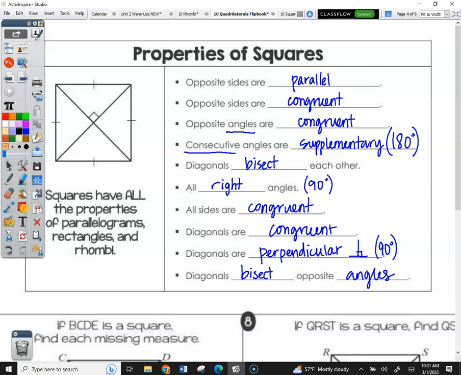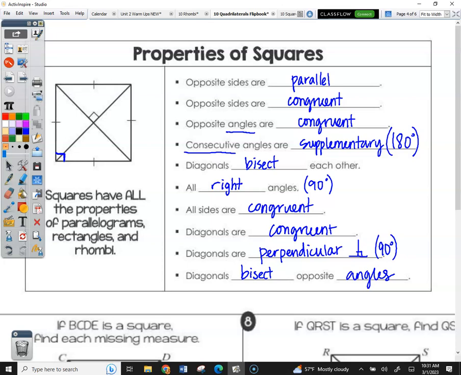Now, your picture already has that all four sides are congruent. That's already marked. And what are the four corners? Okay, I'm just going to put 90 on one of them because what we need to do is also mark that the diagonals, when they're drawn, are bisecting the opposite angles, because that was a new property we learned yesterday, which is one of the more challenging properties to remember. So that's what we want to mark